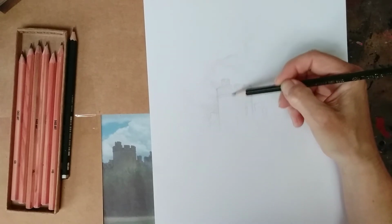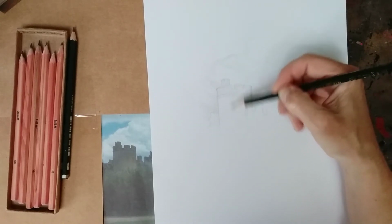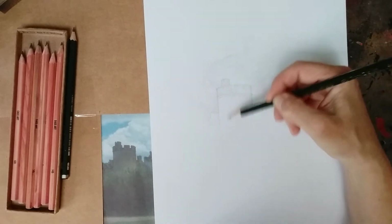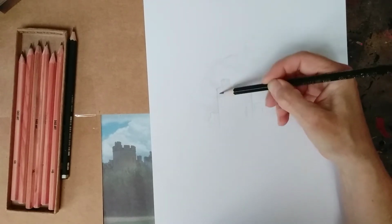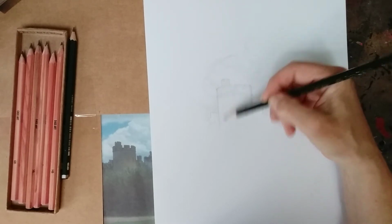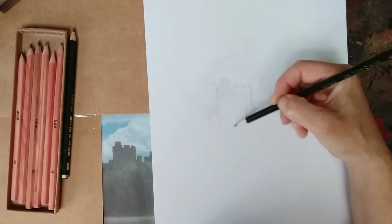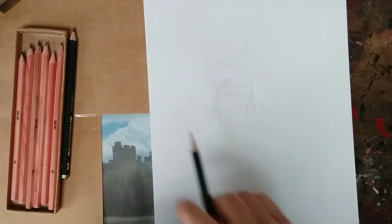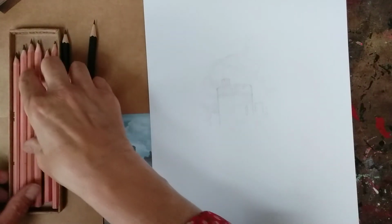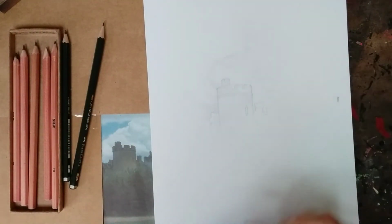I want this to be darker, so I'm just going to start to bring in a darker tone. But this is my mid-tone, my mid-dark tone, because the darkest is in the foliage down below. So I'm just going to build it up. I'm not going to go in super dark right at the beginning. I'm just going to check at the side. Maybe I'll start with a